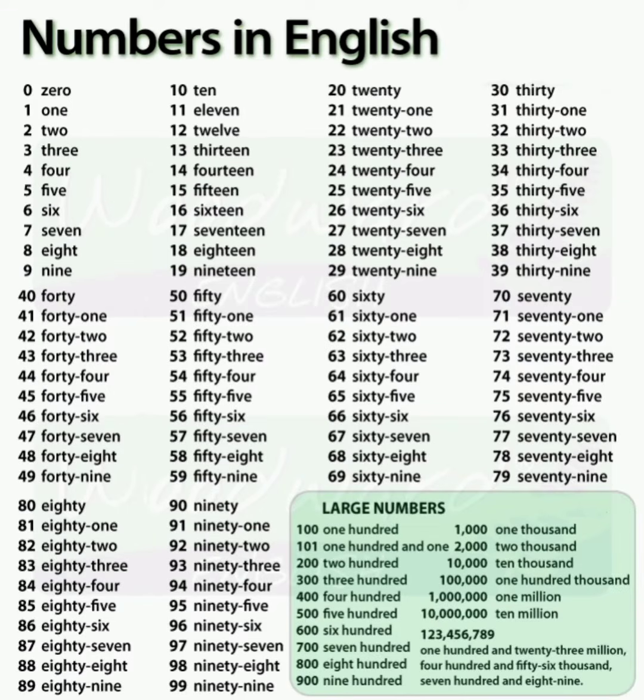Numbers in English. 0, 1, 2, 3, 4, 5, 6, 7, 8, 9, 10, 11, 12, 13, 14, 15, 16, 17, 18, 19, 20, 21, 22, 23, 24, 25, 26, 27, 28, 29,